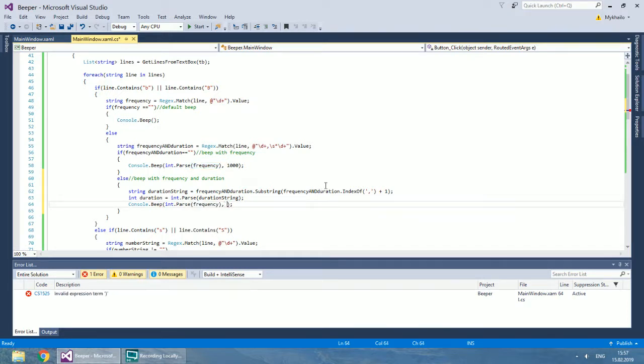In the beep method, we now pass two dynamic numbers.